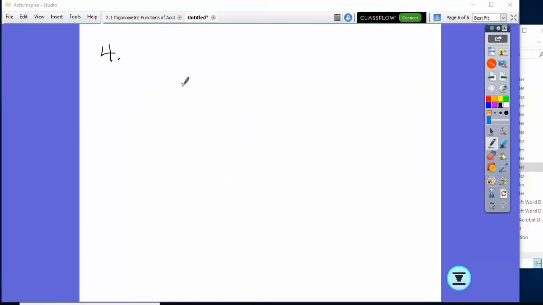A balloon is rising at a constant speed of 5 feet per second. So, I've got my balloon that's going up in the air. The distance has gone up, I'm going to call that h. If I'm given the speed for that, that is what variable? dh/dt